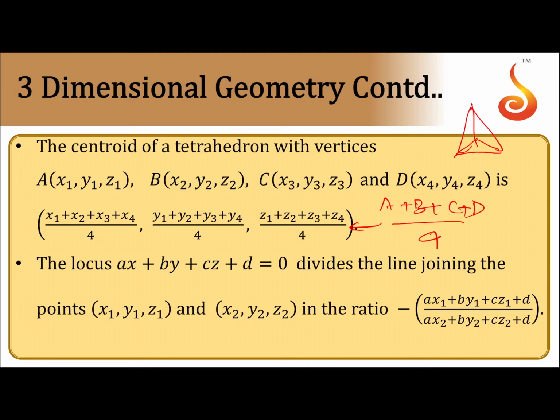And the next one, the locus. This one divides the line joining points. This is actually the plane, sir. And the plane divides the line joining the 2 points in the ratio. If I take this as a plane, a plane is dividing the line joining the 2 points. In what ratio is it dividing? If these points are known to you, it is given by this formula. That can also be written as, if this is a point A, this is a point B, and if I name this one, then I say it is minus pi A divided by pi B. Easy to remember also.